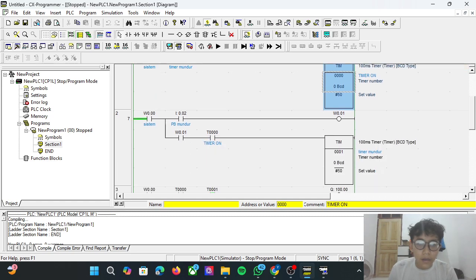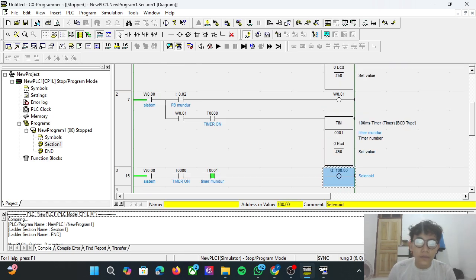After that, this 0.02 is a PB backward, and T0000 is a timer on, and this PLC instruction with command TIM 0001. TIM is for timer and 0001 is the address on PLC with #50 as the value.